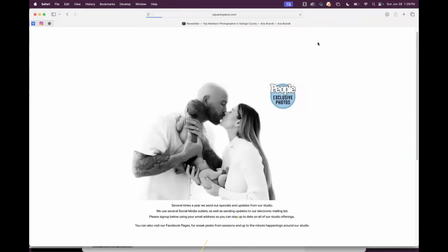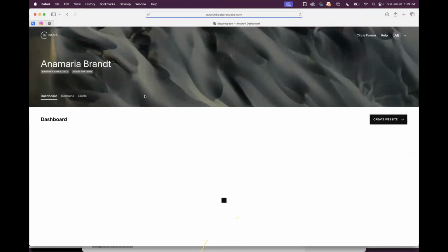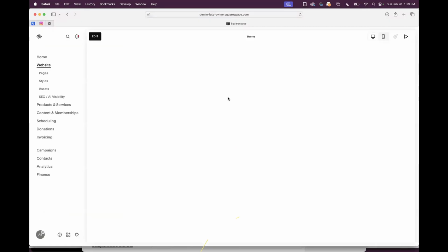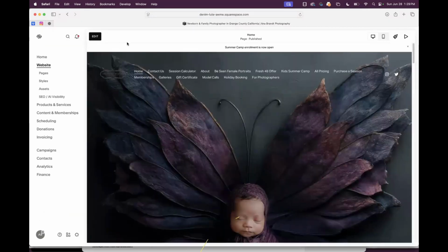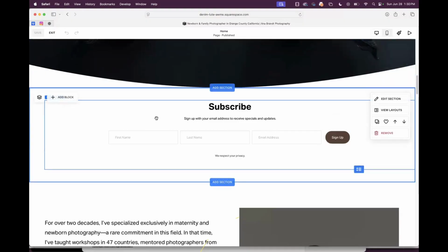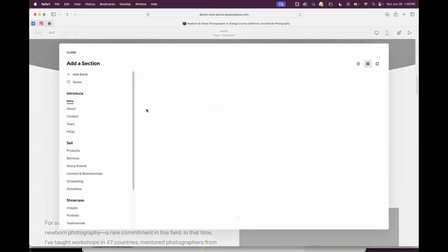So if I go into Squarespace and I'll just go into Anna Brandt. So here you can see that this is a code block from Squarespace. But let's say I was adding an embed.